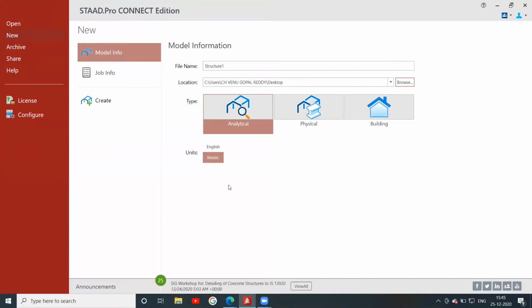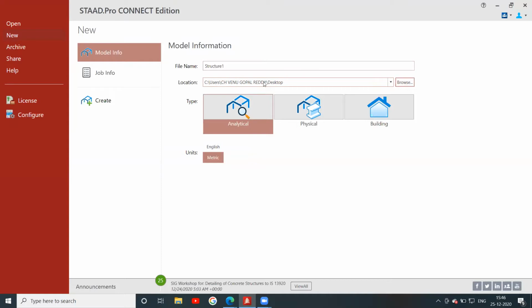The units are here: English and metric systems are there, but it is better to use the metric system because we can give the values in meters. So first you select new and give the file name as structure1, and browse the location where this file has to be stored.